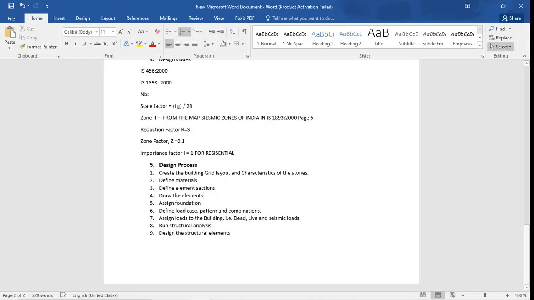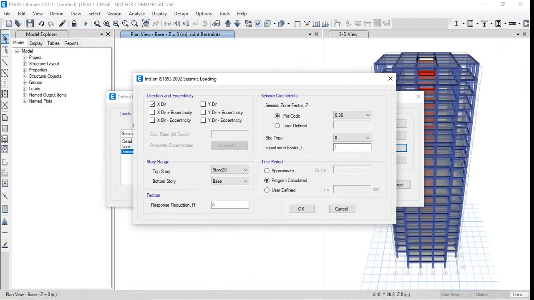Look at the IS code, see it here. The importance factor is 1, since the structure is designed for residential purpose, but the seismic zone factor is 0.1,